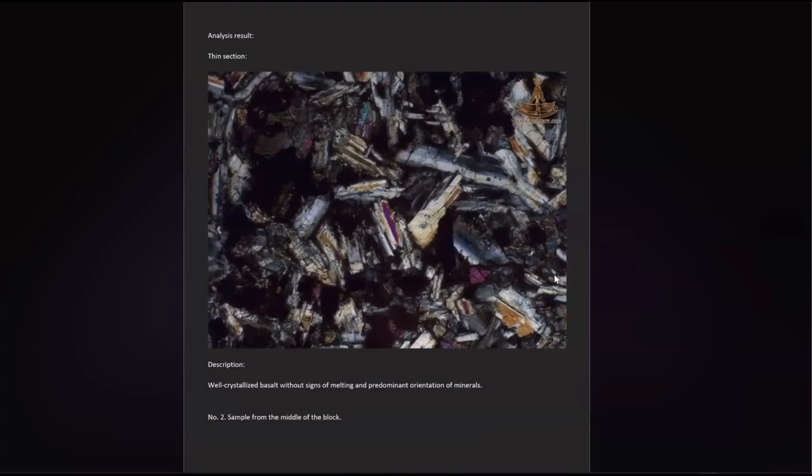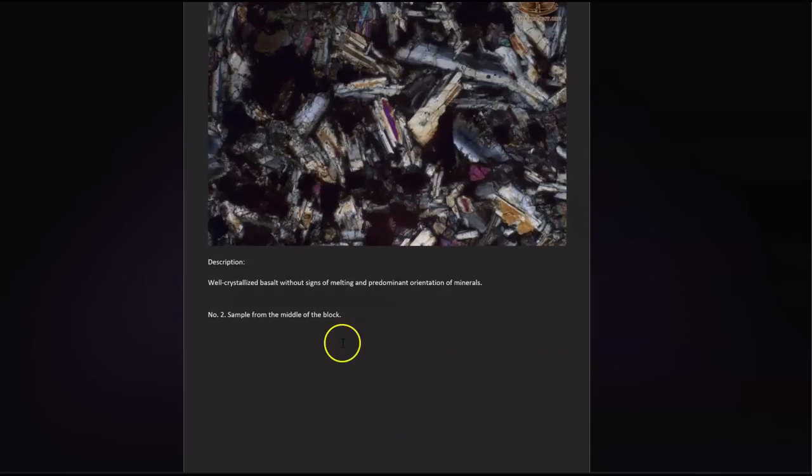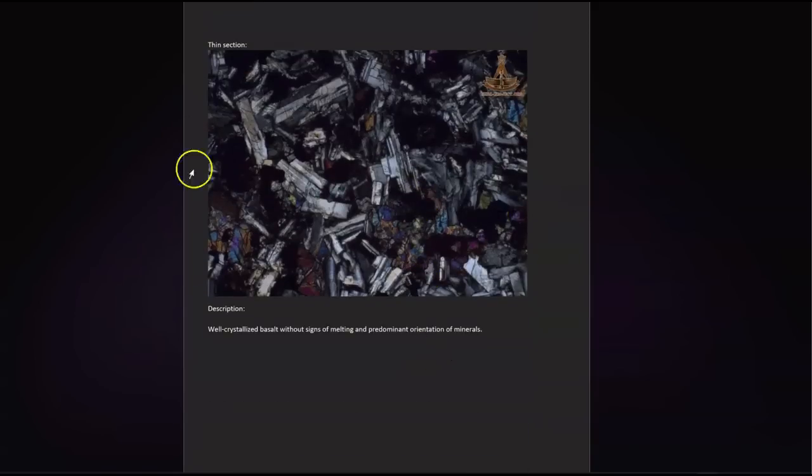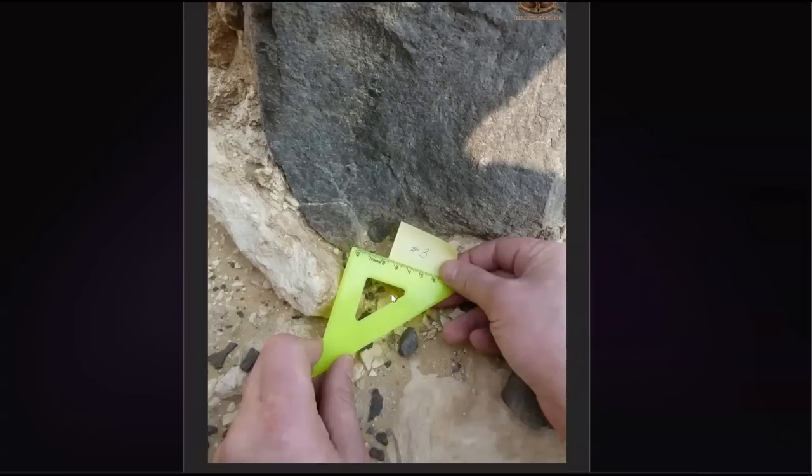And here is the first gorgeous microscope image of a thin sample of stone, and the full conclusion is in the description. Well crystallized basalt without signs of melting and no predominant orientation of the minerals. This is 100% natural quarried stone, and it is verified in every single sample. And the next sample here has the same result, a microscope image and well crystallized basalt without signs of melting and predominant orientation of minerals. And the third sample here,